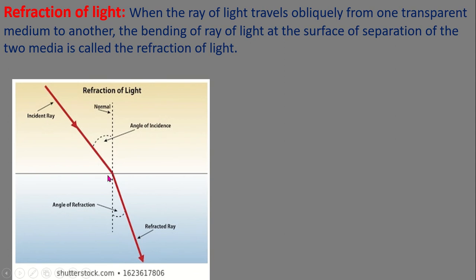This is the incident ray. This ray is incident from the rarer medium, that means the lighter medium, to the denser medium. This perpendicular line is known as the normal, and this line is the line of separation separating the two media. Okay, surface of separation. We can see the incident ray is incident at this point, and the ray should